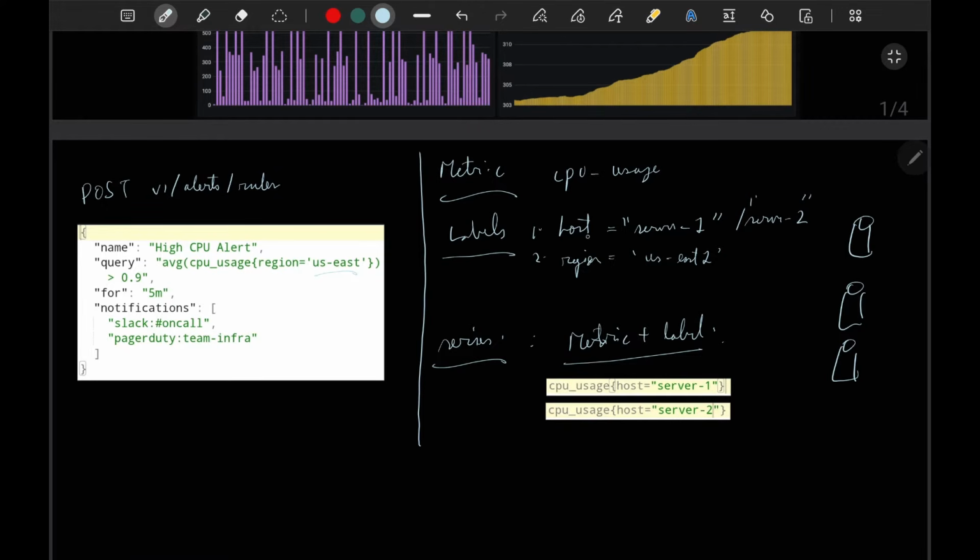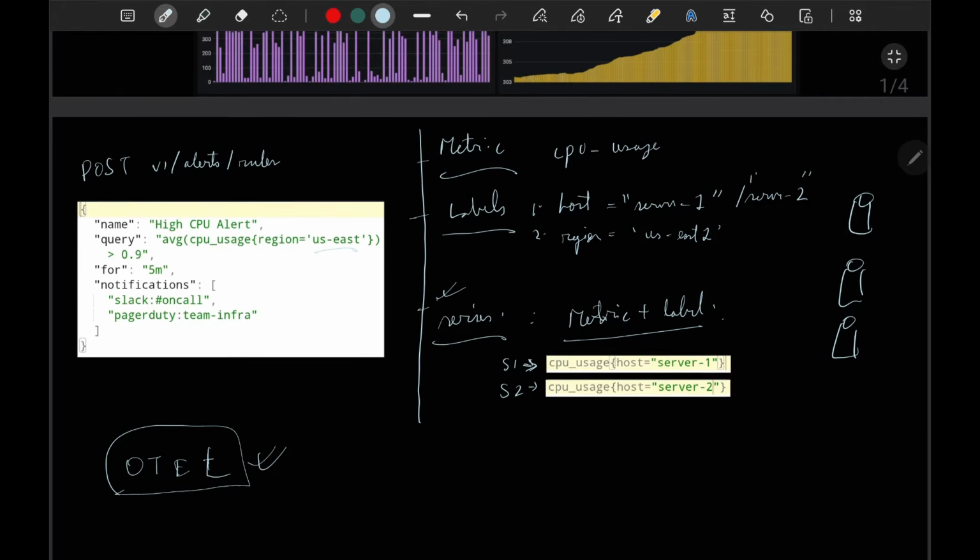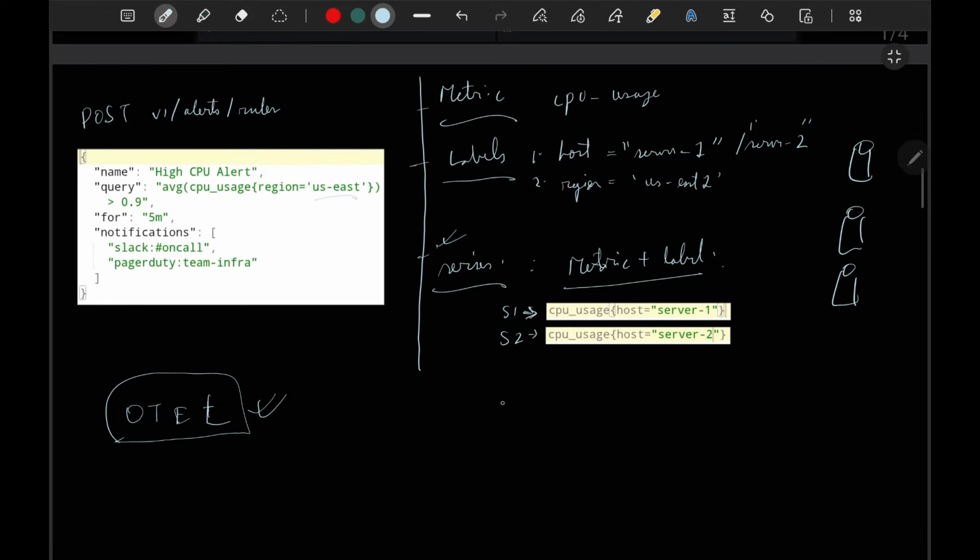How do series become different? Each label that we take and add to our metric creates a new series. This understanding is very important for the next data structure, or the entity, that we will be using to store these kinds of things. They will be adhering to this basic understanding of what a series is and how labels are helping, because your entire OTL standards, open telemetry, adheres to these components: metric, label, and series. Now that we have discussed these as our core entities,